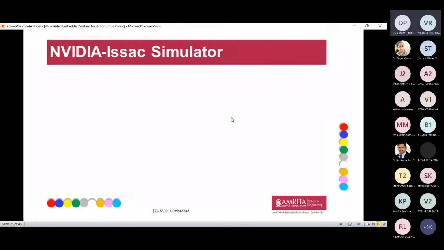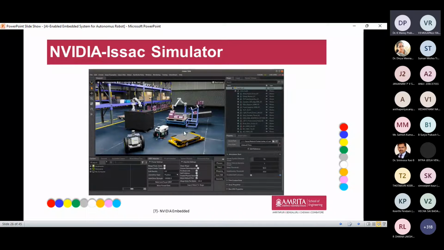So these are the advantages of Isaac Sim, and this is a simulator. I'm giving the picture of the Isaac Sim simulator. Here you can see different types of robotics, mobile robots, warehouse robots, and also manipulators that pick and grab objects. Everything we can design easily in this Isaac simulator, but it is a very high-end tool. If you are installing this Isaac simulator, we need a high-end configuration, like a graphics card such as a GTX 3090 Ti, with 32 GB RAM.